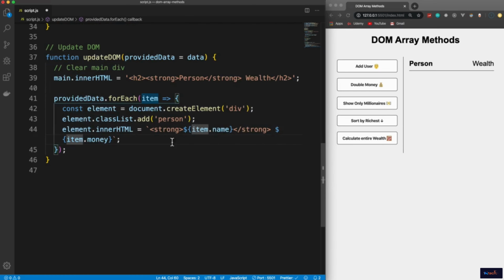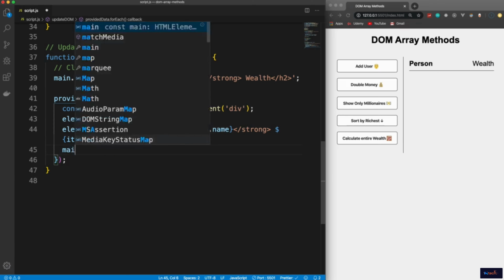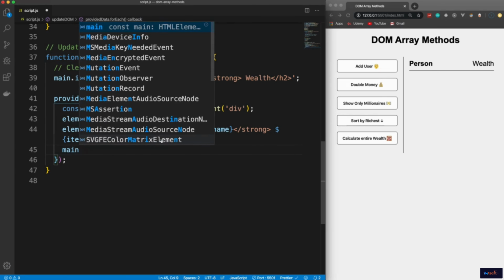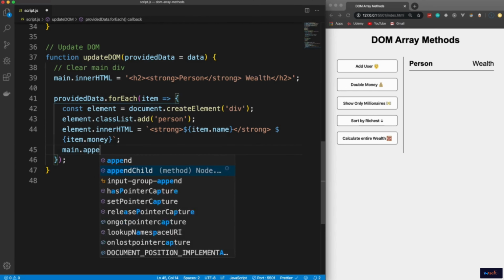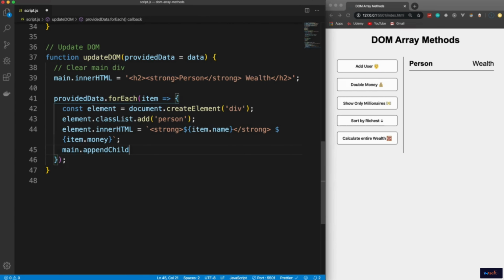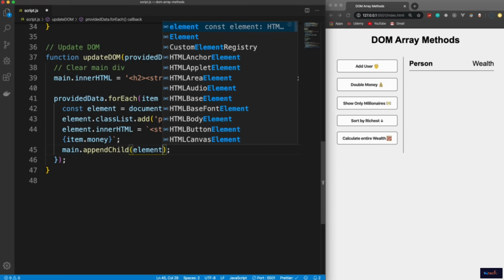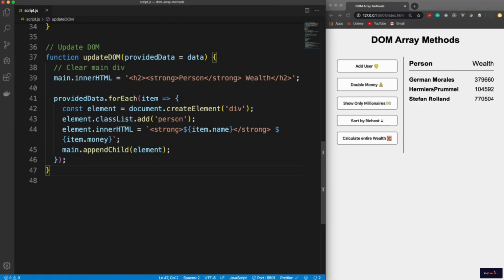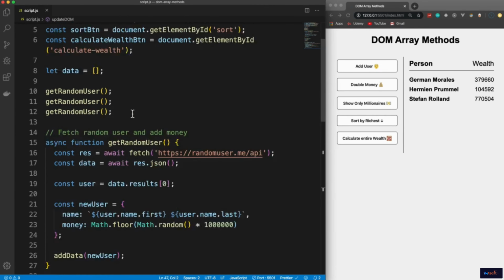So that should do it for the HTML. Now to actually insert it into the DOM, because if I save this, nothing happens. We're going to take our main element, which is this area here, and use the appendChild method, which will append the child element, and that child element is going to be the element that we just constructed. So now we have 3 users, and the reason we have 3 is because we called